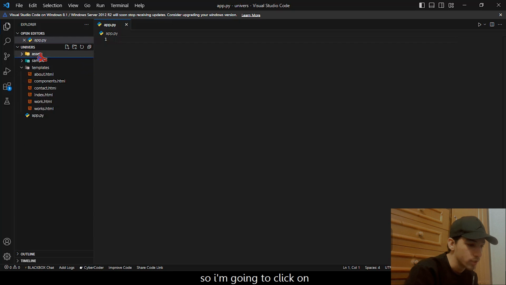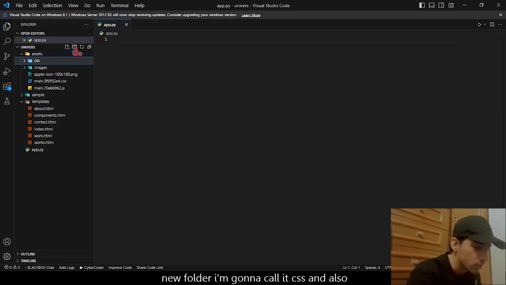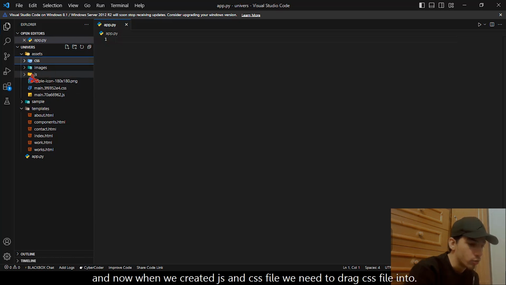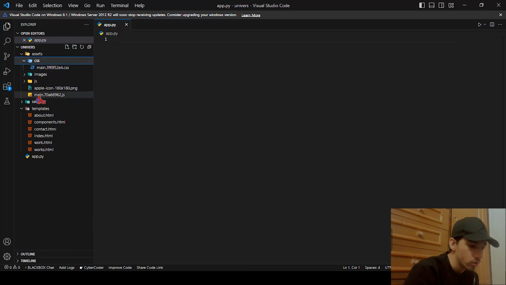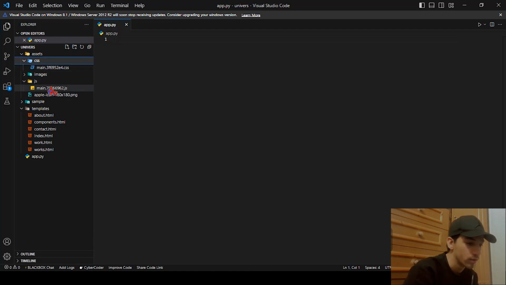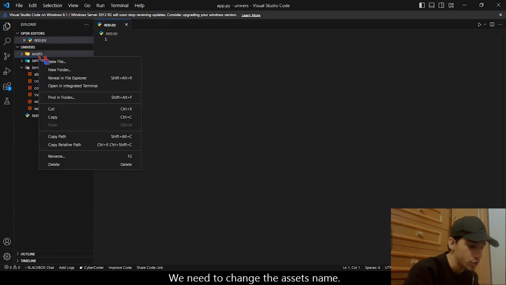So I'm going to click on the assets folder and then click on new folder. I should create a new folder. I'm going to call it CSS, and also we need a JS too. And now when we've created the JS and CSS folders, we need to drag the CSS file into the CSS folder and also the JS file into the JS folder, so our application can detect our CSS and JS files and can run the codes easily. And also one important thing is we need to change the asset name